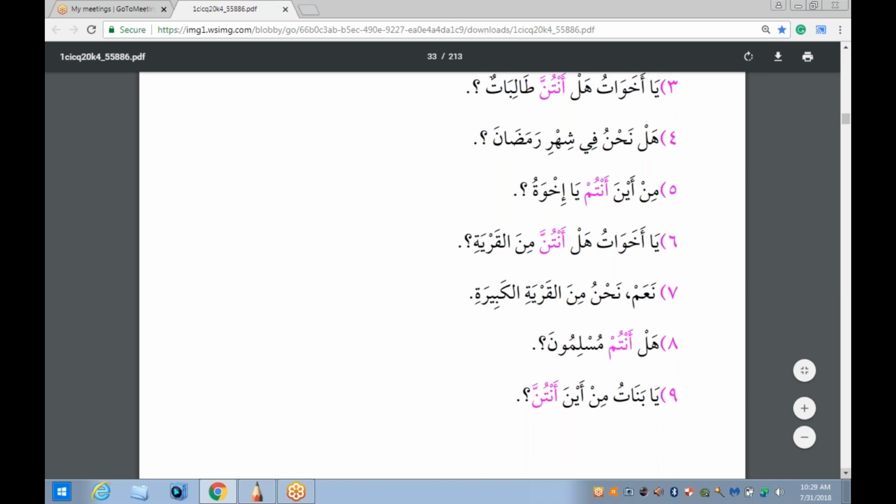الجملة السابعة, the seventh sentence, نعم نحن من القرية الكبيرة. الجملة الثامنة، هل أنتم مسلمون؟ الجملة التاسعة, the ninth sentence, يا بنات من أين أنتن؟